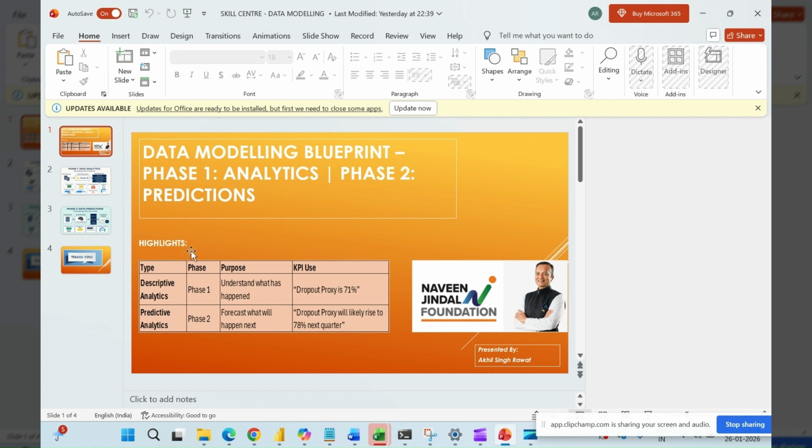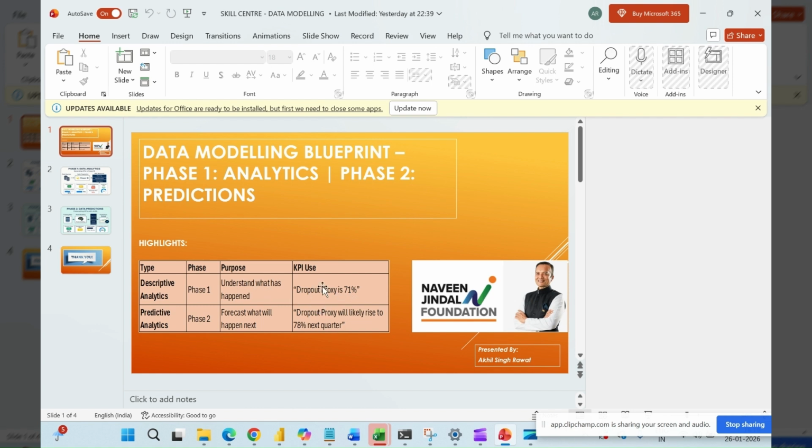So that's why I have highlighted the highlights. Descriptive analytics is phase one. That is our current system, meaning what has happened right now. Whatever data we have, we will put in Power BI or Tableau. These are business intelligence tools, as we all know, and then we will use formulas, that is DAX measures, to understand what is happening. For example, if the dropout report is saying the dropout proxy is 70% based on